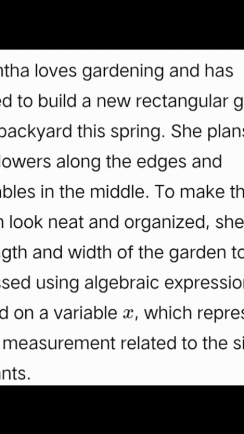Samantha loves gardening and has decided to build a new rectangular garden in her backyard this spring. She plans to plant flowers along the edges and vegetables in the middle. To make the garden look neat and organized, she wants the length and width of the garden to be expressed using algebraic expressions that depend on a variable x, which represents a unit of measurement related to the size of